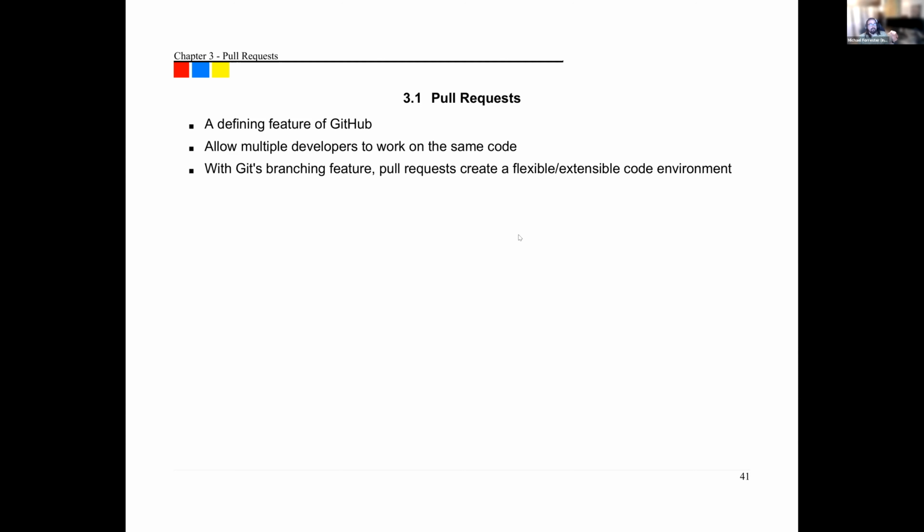But in some circles, pull requests are also considered to be, well, now I've got another gate before I can commit code and then deploy it into production because I got to get somebody else to look at it. So there's two perspectives on pull requests where one is like, yay, someone else will look at my code and make sure I haven't made any glaring mistakes. There's another perspective where it's like, oh my God, now I've got to get somebody else to look at my stuff. And what if everybody's busy, right? I now have to wait for someone to make time to look at my pull requests